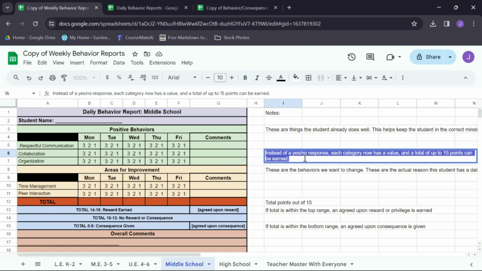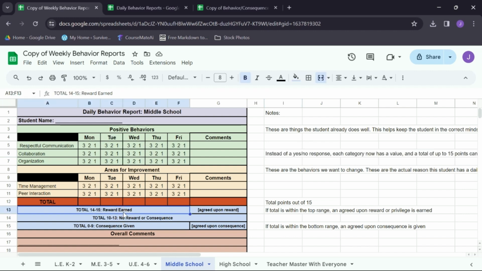So instead of a yes/no response, each category now has a value and a total of up to 15 points to be earned. That's important. So on Monday, they can earn a total of 15 points with all of these qualities: respectful communication, collaboration, organization, time management, peer interaction. So every single day they can earn up to 15 points. And then